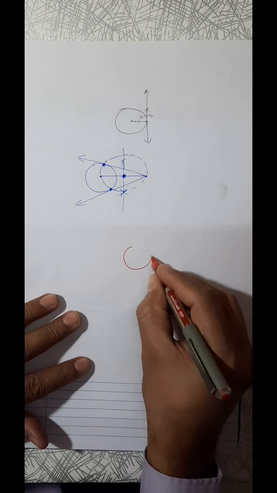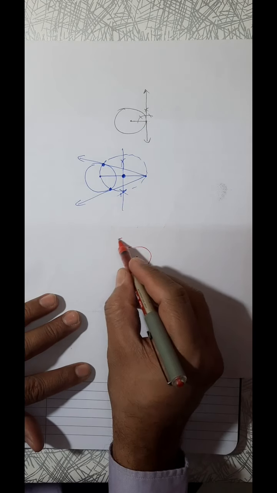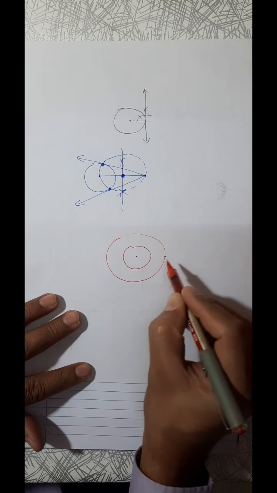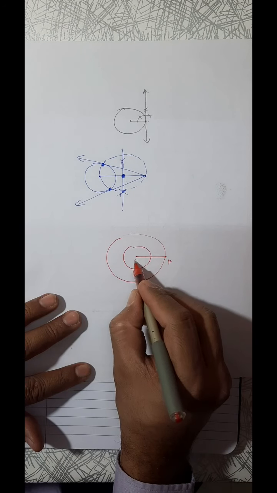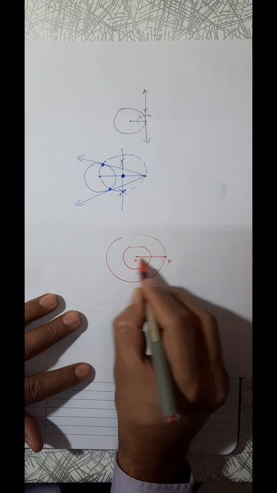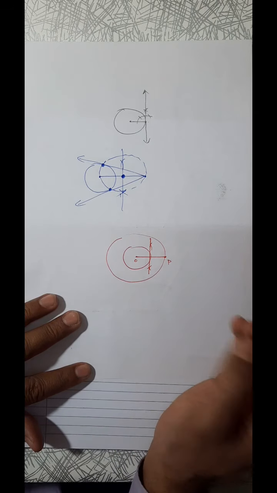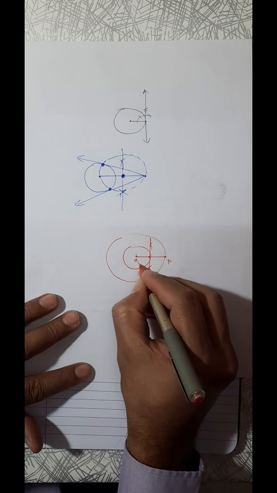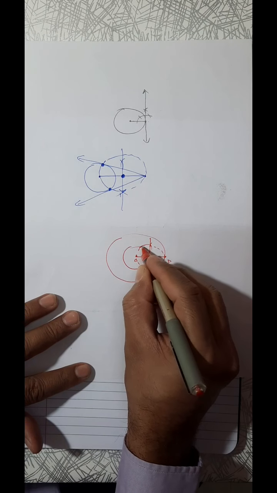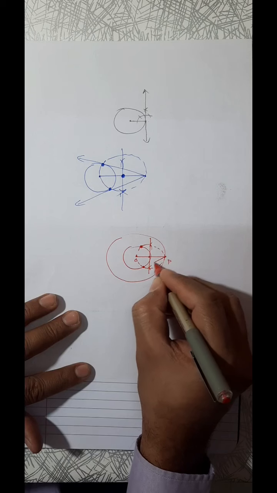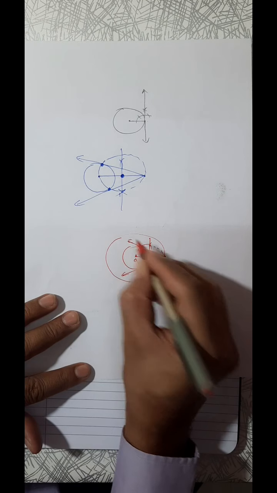So one circle, radius of 4 centimeter. Another one is only for getting the point P. So I got the point P, and then this one joined. Now I have to draw the perpendicular bisector of OP. Now the center I got. Now from the center, a dotted circle. The dotted circle is meeting the original circle at this meeting point and this meeting point. So simply join P to this meeting point and this meeting point. Okay, I hope it is clear.